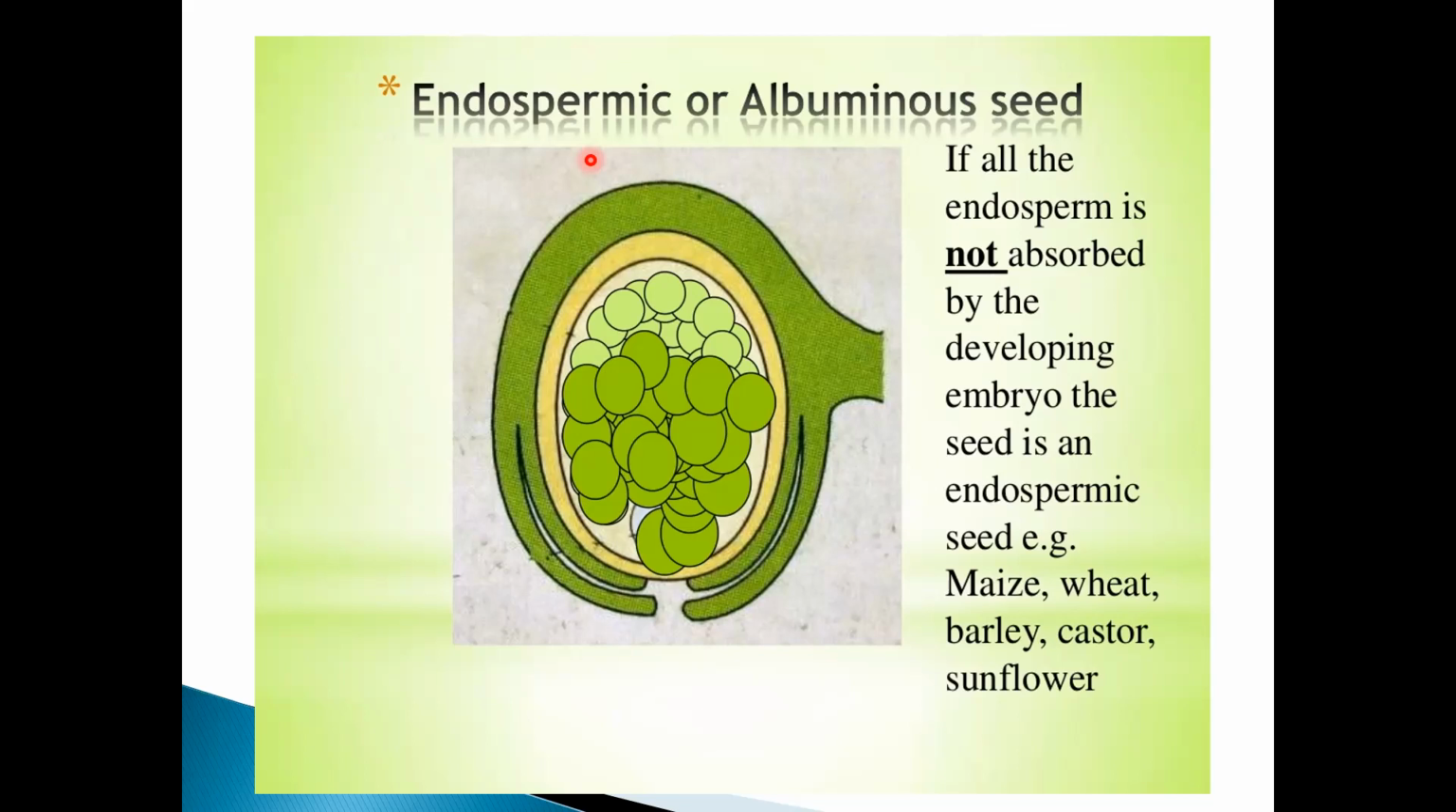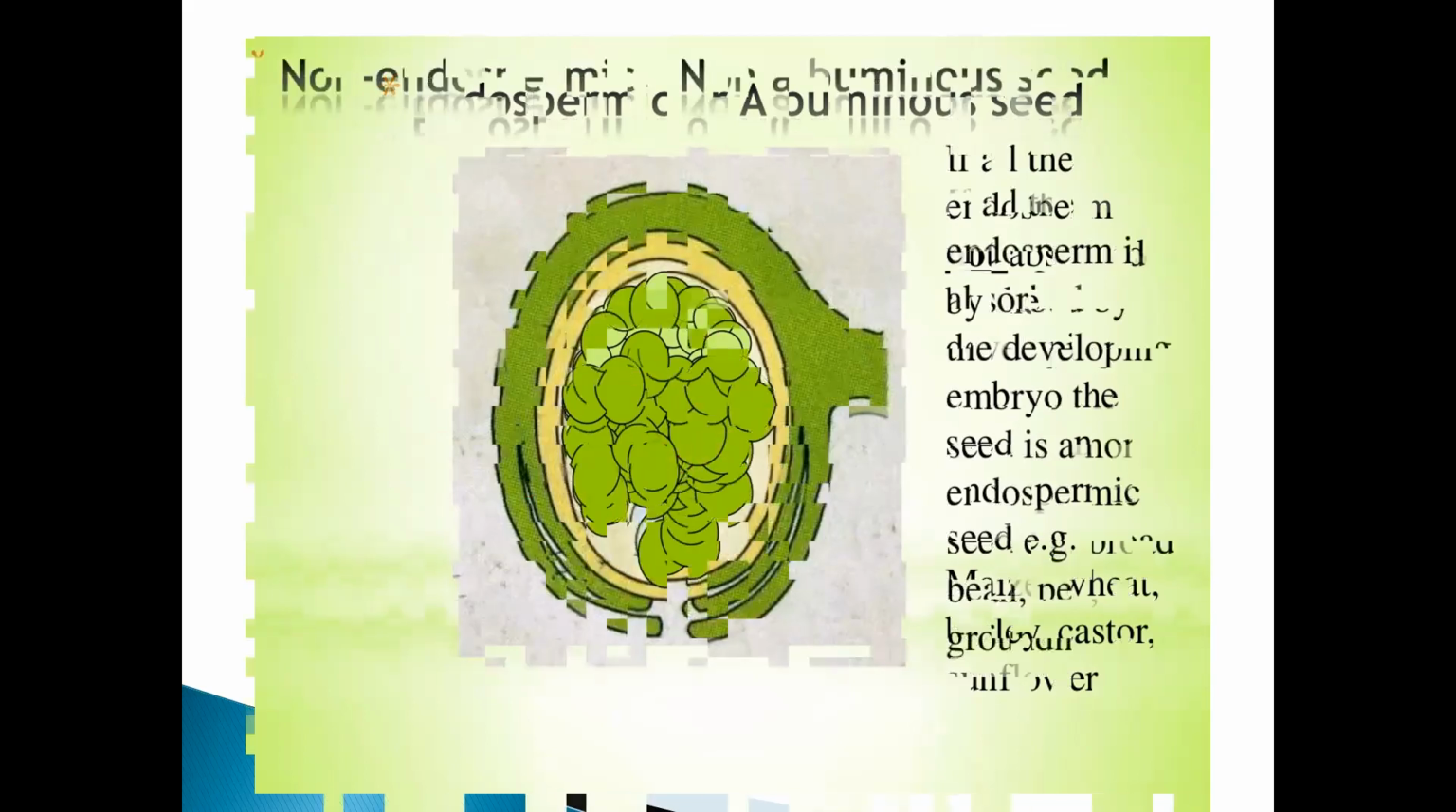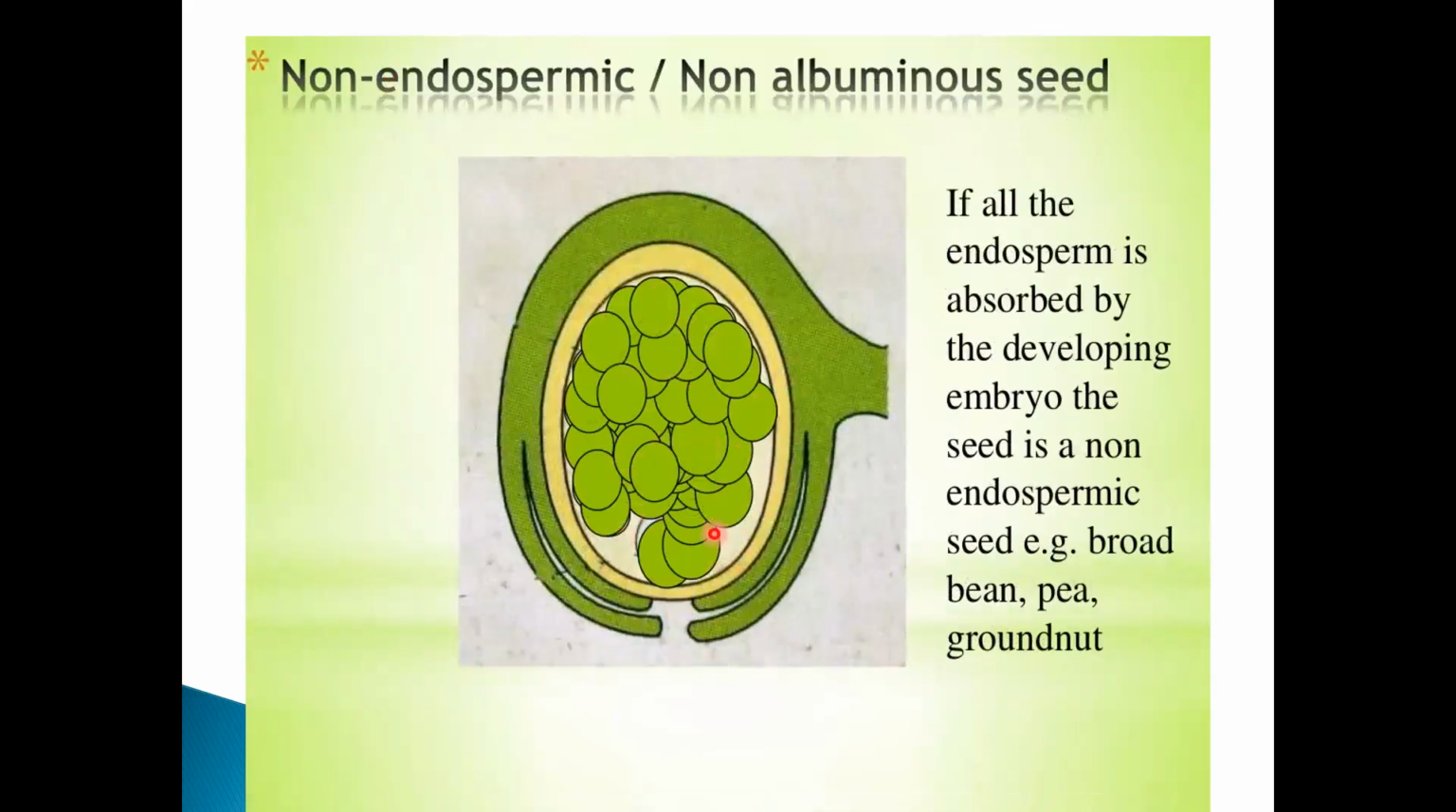Maize, castor, wheat, barley, and sunflower. So these are examples of the endospermic seed. That means the endospermic tissue remains. See, students, here there is